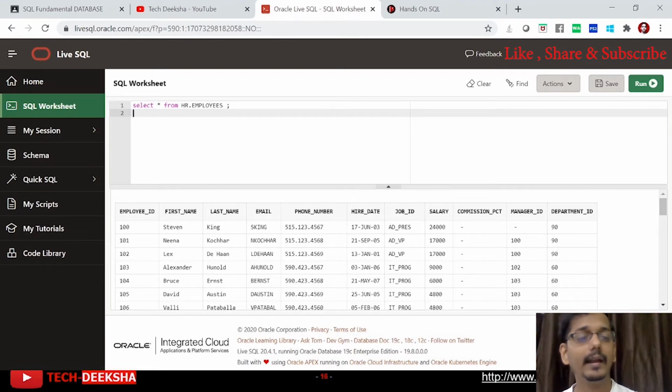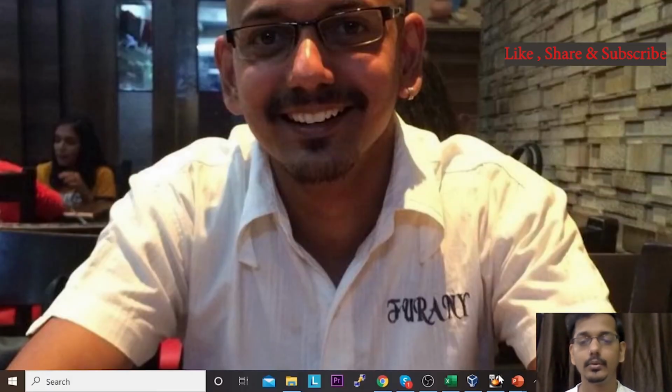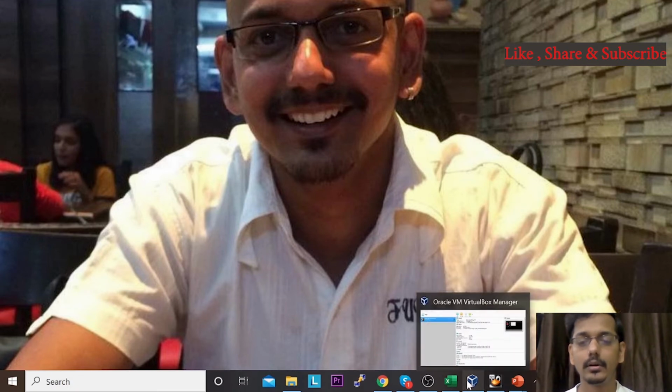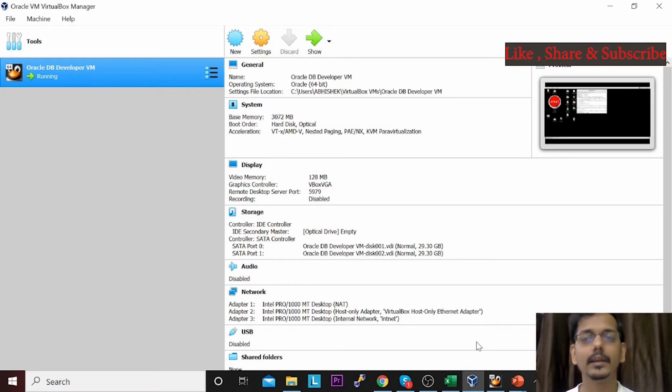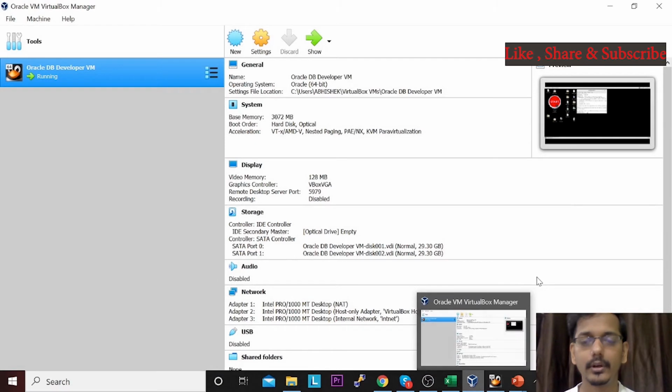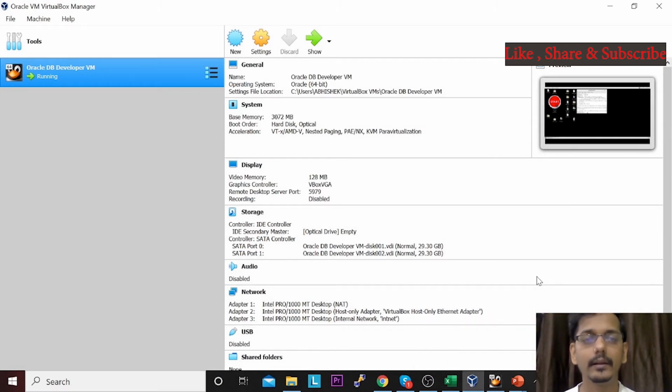The other method is that you can install Oracle inside your VMware. Basically, Oracle provides the ISO version of Oracle, which you simply download from the Oracle site, and you just click on new, attach that file, install it, and click on start.